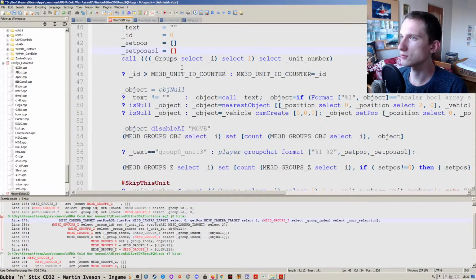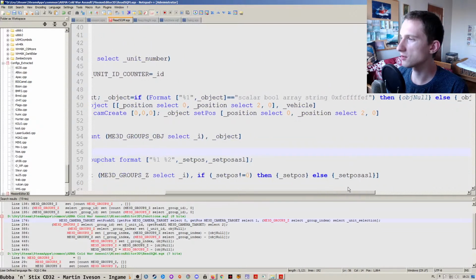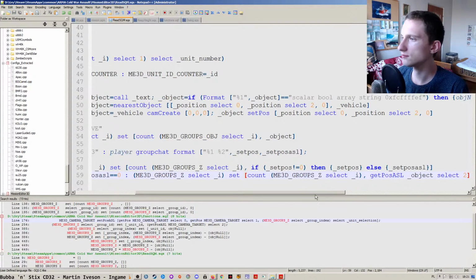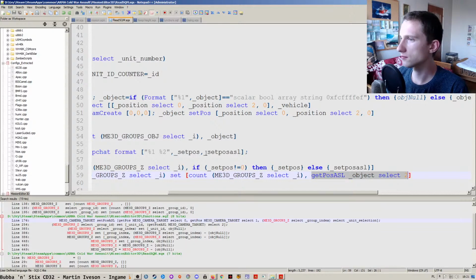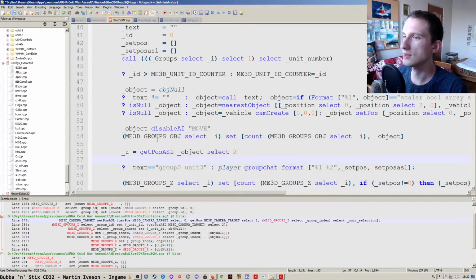Okay, so yeah, I will need to put it into a separate variable called z, and the default value of z will be the height of the object in the game. And now I want to add the condition to check if one of these variables was set. So that will be